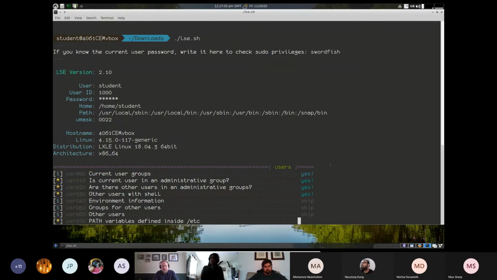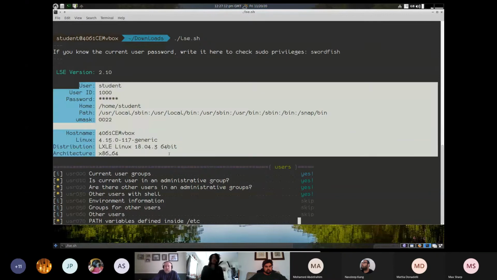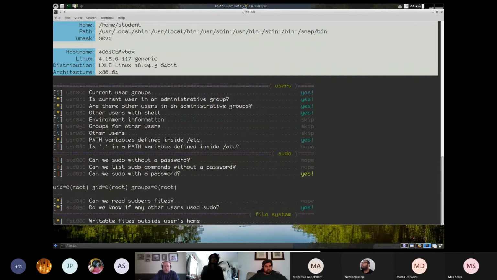Just as a side note. There you go. So I'm running this now, and you can see it's done things like, even this is useful, right? If you could produce something that says host info, what's the current path, what's the current things? In fact, I'm going to just press Control S, which will stop